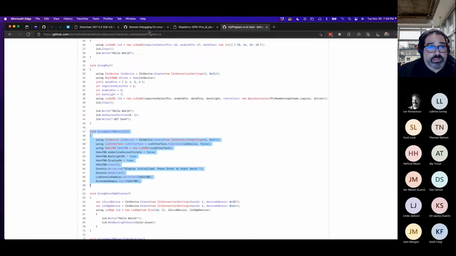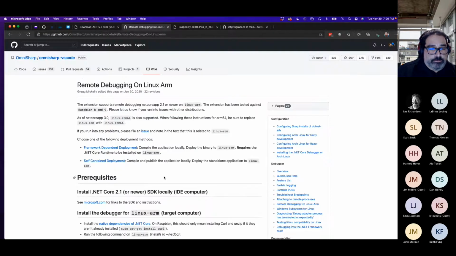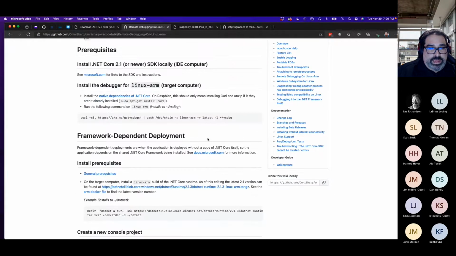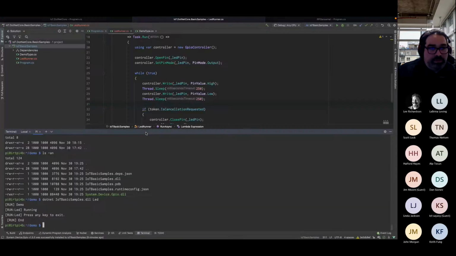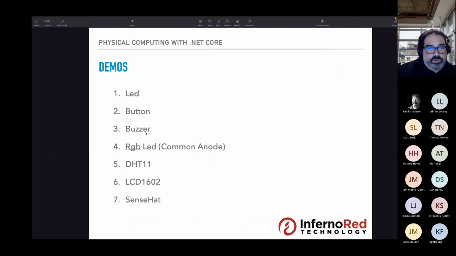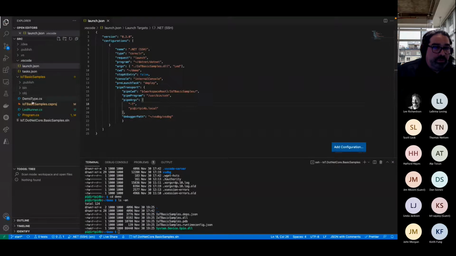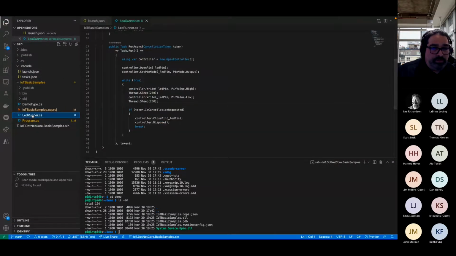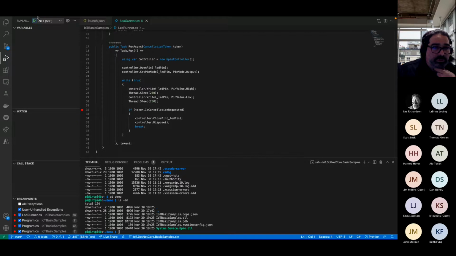It wasn't too complicated, but I had to run this command to basically install the necessary debugger on the Raspberry Pi for this to work. So back to Visual Studio Code. And the magic of computers. Let's say that we were having a problem here. And let's run this remotely.